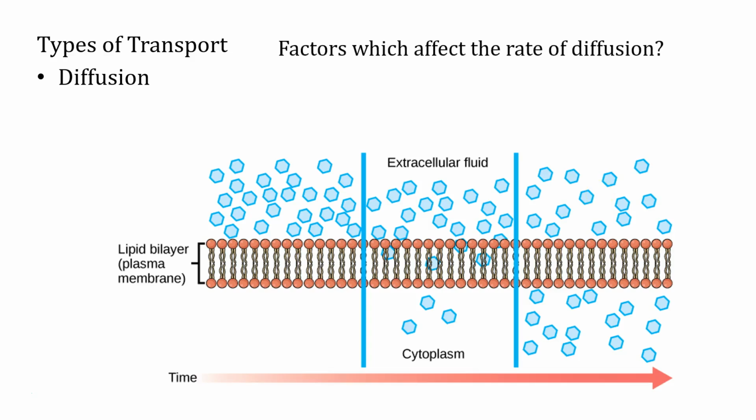There's a couple of things that will affect how fast things diffuse. So, the different factors which will affect the rate of diffusion. And the first is the solubility. Okay, so when we're talking specifically about transport across a cell membrane, plasma membrane, one of the really important things to consider is, can the solute